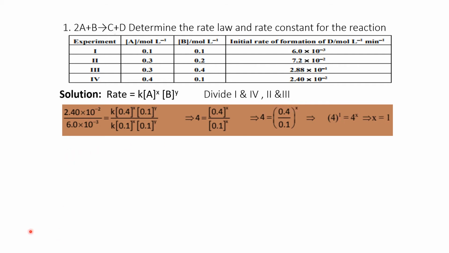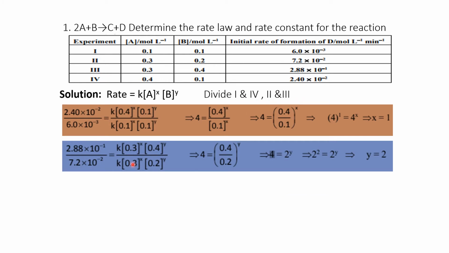Again we need to find the value of Y. Compare the second and the third, doing the same as before. The A terms get cancelled and become 1. Here 7 twos are 14, and 7 fours are 28, so 4 has to come. Then 0.4 by 0.2 is 2. It gets cancelled, and both give a Y value. Here it is 1, here it is 2 power Y. 2 power Y means whatever power comes, it will become 4. If it comes as a 2, then it will become a 4.